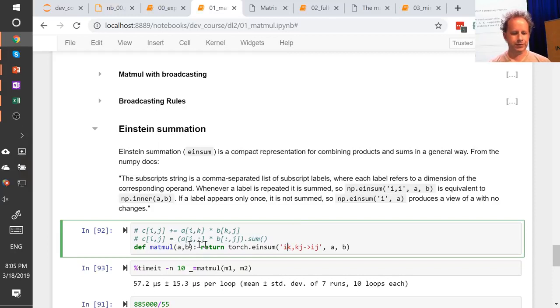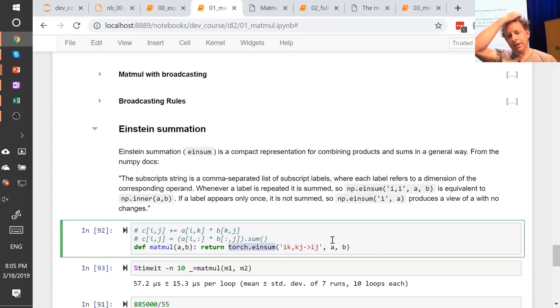In other words, it's just like the way we replaced k with colon. So this is going to create something of size i by j by doing dot products over these shared k's, which is matrix multiplication. That's how you write matrix multiplication with Einstein summation notation. And then all you do is go